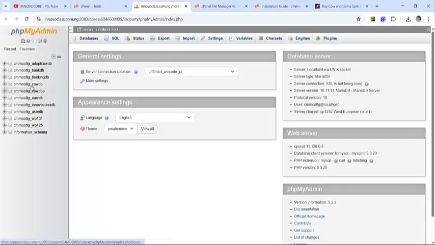Now over here, on the left hand side, you get to see a lot of databases that I've created. When you are getting yours, you're not going to see these multiple databases on your phpMyAdmin. All you're going to see is just one database, and you are going to create your own new database, making it just two databases on your phpMyAdmin. Because I have multiple websites here, that is why I've created multiple databases. So I'm going to look for the one we just created, which is this cow DBB. Click on it